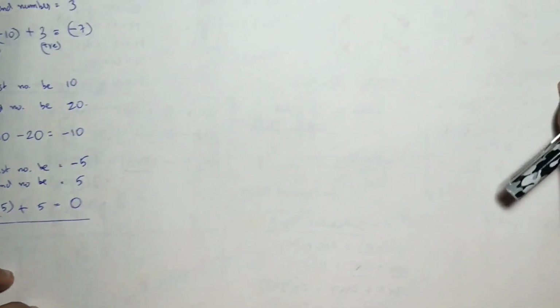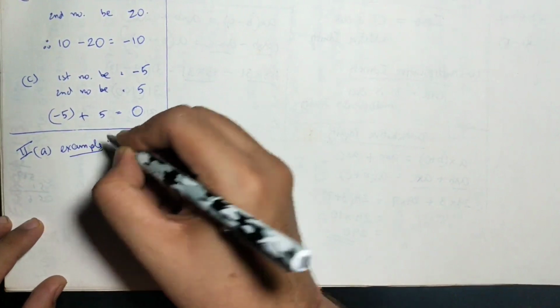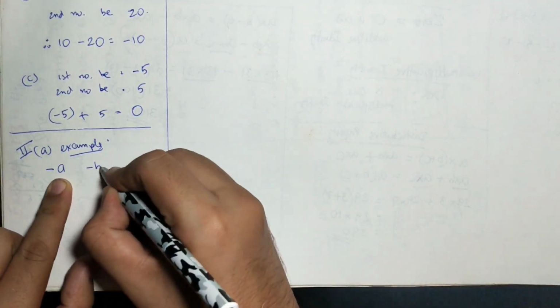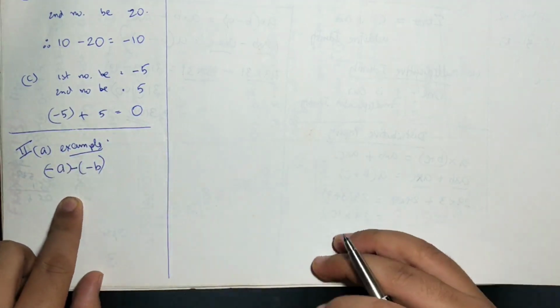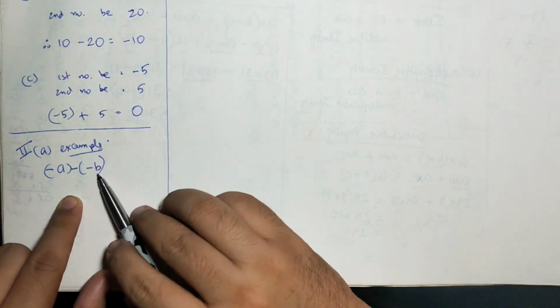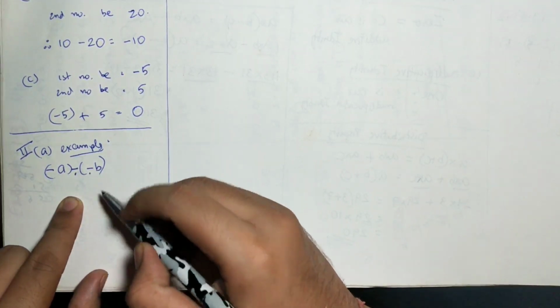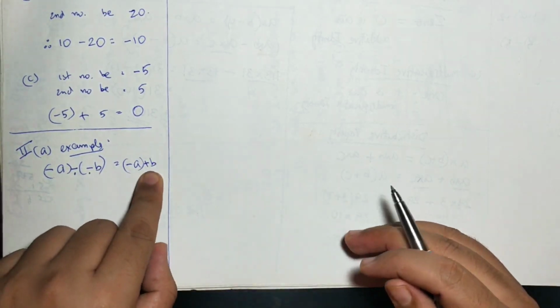Hopefully if I give you an example, you will better understand. Let me give you an example first. Let me give the example here, that is better. This is an example, this is not a solution right now. Suppose there is a number minus a, there is a number minus b. If I subtract them, because we have to find difference, the number which is coming second, means the number after the negative sign, it will become minus into minus, it will become positive b.